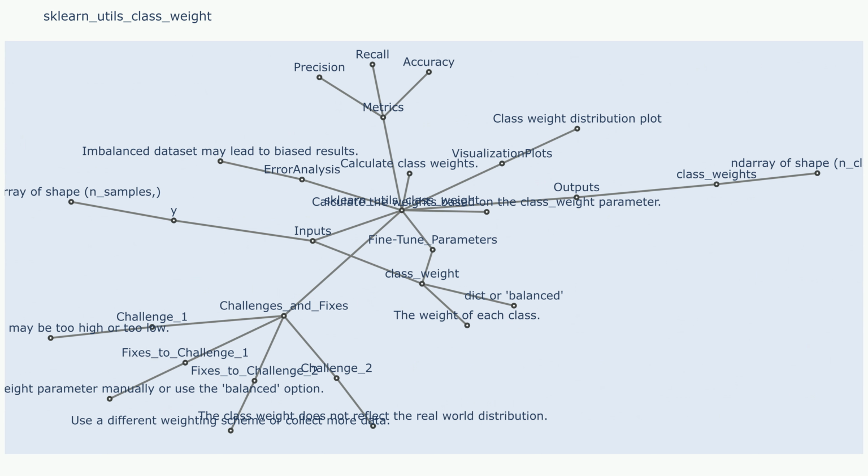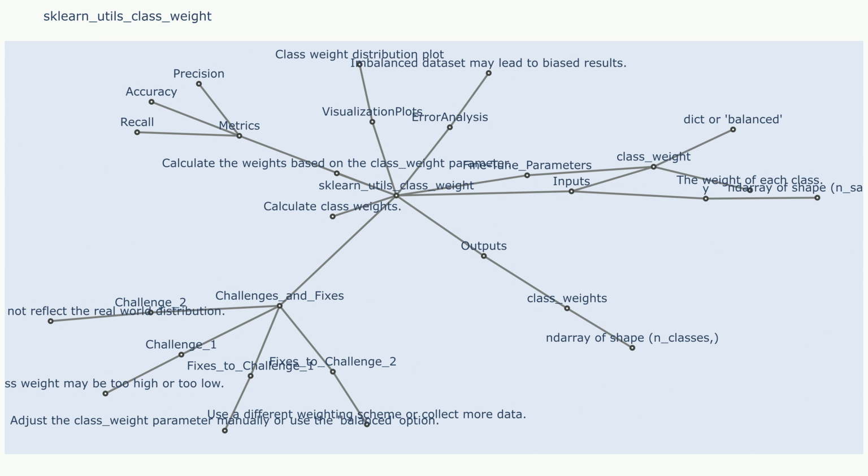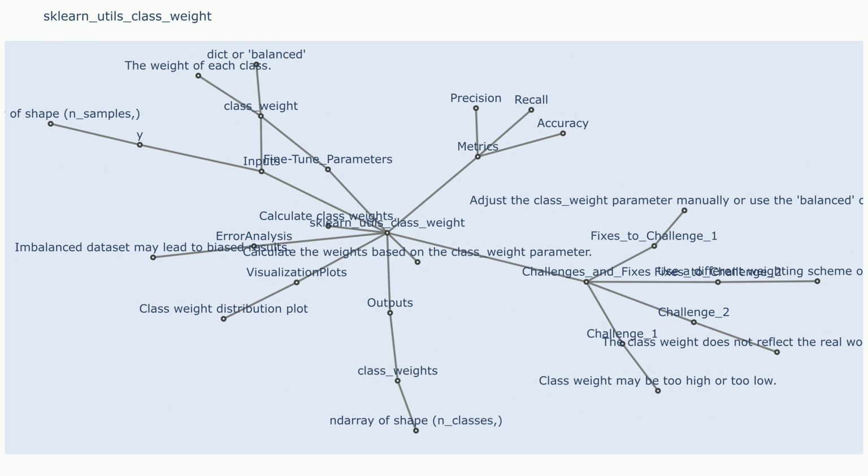Visualization plots. Confusion matrix: a visual representation of the model's performance, showing the number of correctly and incorrectly classified instances for each class. Precision-recall curve: a plot showing the trade-off between precision and recall for different classification thresholds. Receiver operating characteristic (ROC) curve: a plot showing the true positive rate (sensitivity) against the false positive rate (1 - specificity)